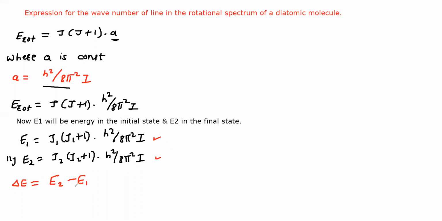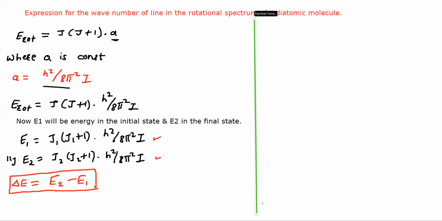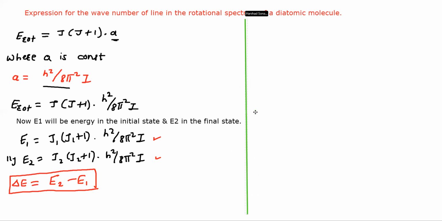Just put the value of E1 and E2 in this formula, then we can get delta E. So in the next step, you can just put the value of E1 and E2. So delta E